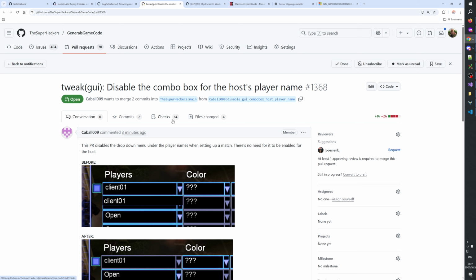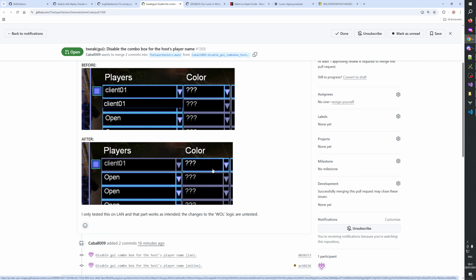This change disables the drop-down menu under the player names when setting up a match. There's a drop-down menu under player names? I didn't even realize that there's a drop-down menu under player names.